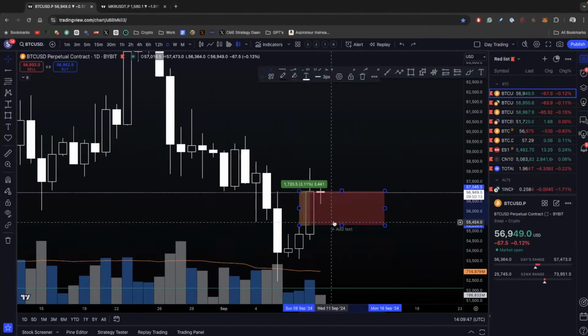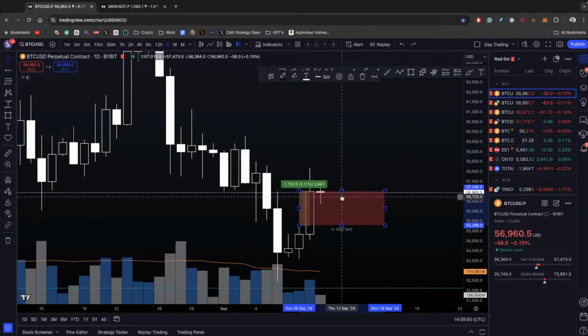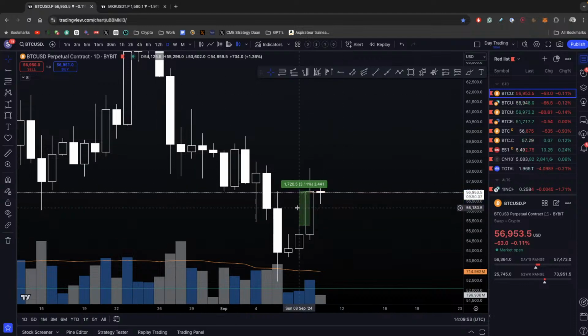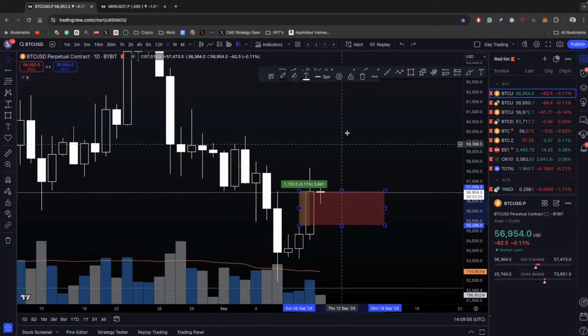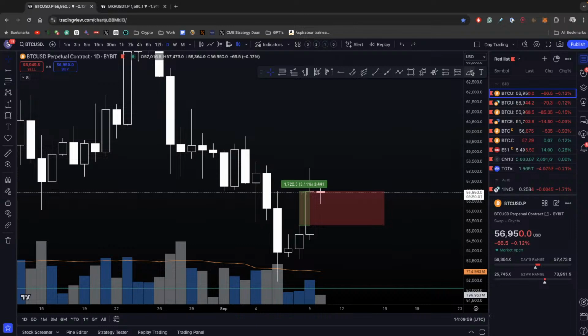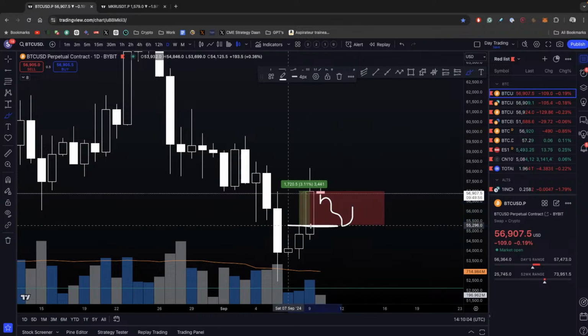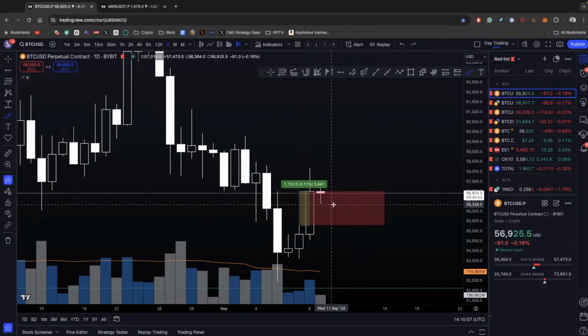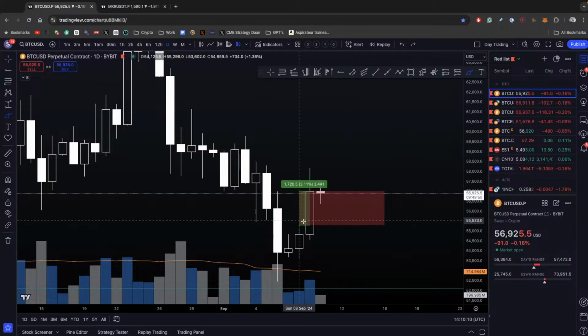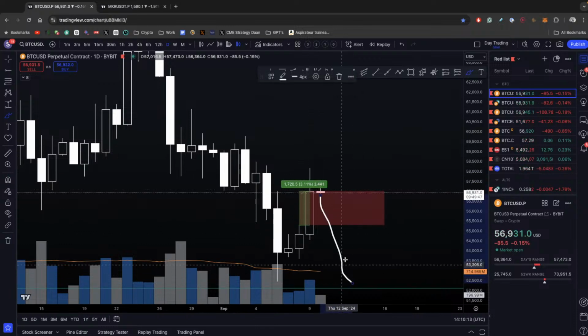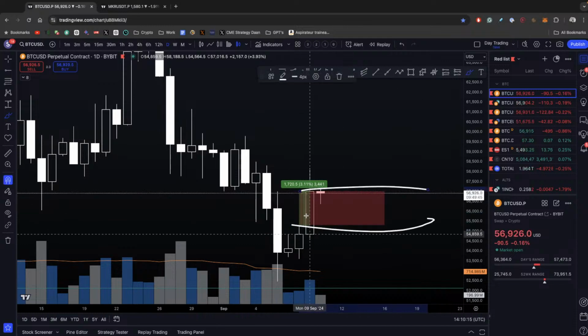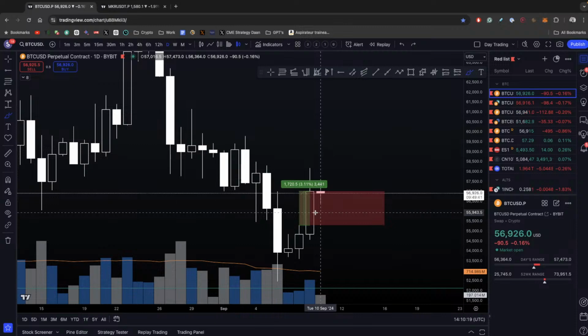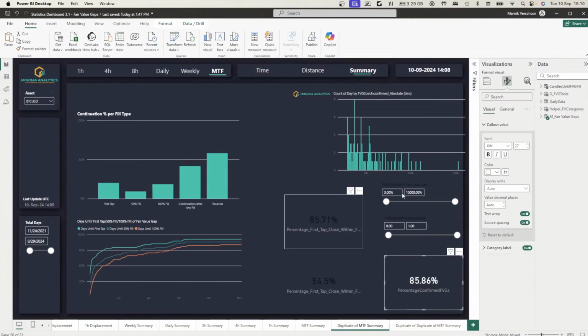What that means is that 85% of these will not close this gap, right? So you know that in 85% of days, this would more or less not happen, closing this right here. So this is why I'm saying I think downside is limited for today, because something like this would be rare after we left that fair value gap of 3%, because it is just very unlikely, right? We know that 85% of them get closed. And by the way, look at how much this changed based on the size.